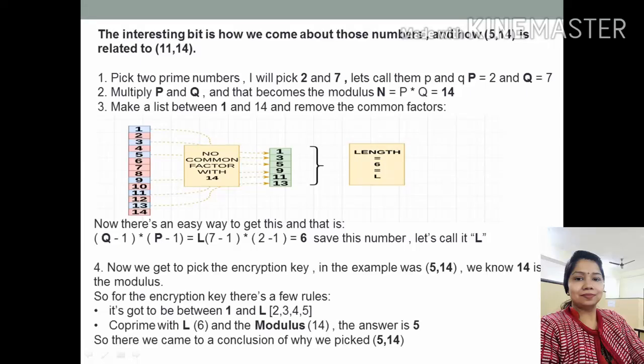Now we get to pick the encryption key. In the example, it was 5, 14. We now have 14. We know that 14 is the modulus. Okay, so for the encryption key, there are a few rules. The rules are that